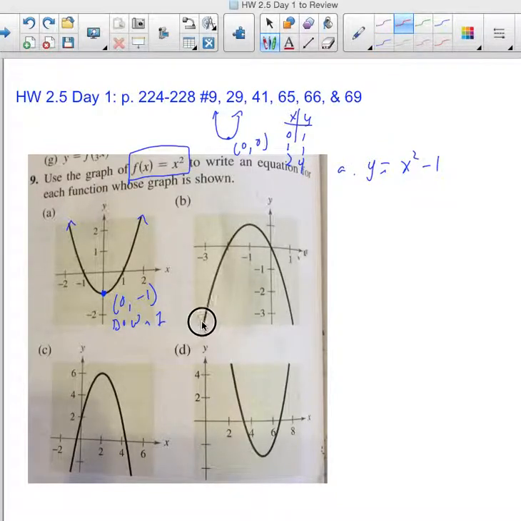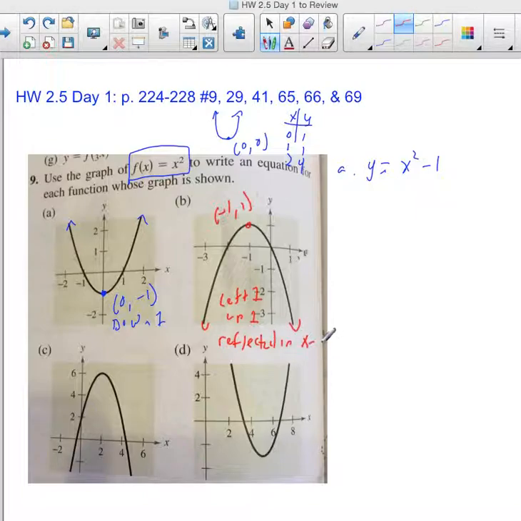Graph B, let's look at the transformations here. First thing I'm going to do is look at the vertex. The vertex is at the point negative 1, 1, and I can see this is also reflected in the x-axis because it's opening downwards instead of upwards. So the transformations that I see here is this graph has been shifted left 1, it's been shifted up 1, and it's been reflected